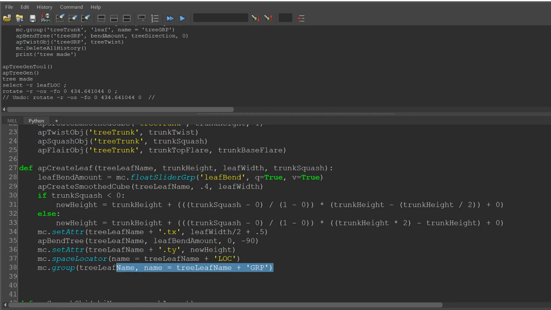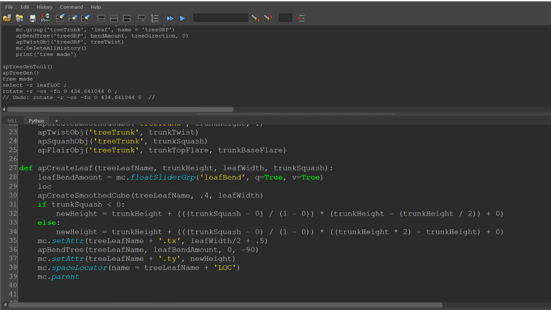I'm gonna not do the group. Instead, I'm going to do a parent. And just to make this easier, let's set a variable name for this. Lock name. Leaf lock name is equal to